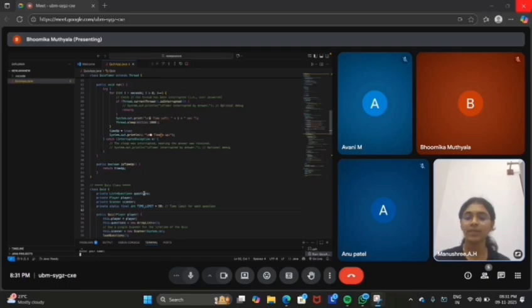Easy quiz creation. Teachers can easily add questions, change them, or delete them. Automatic scoring. After the quiz is submitted, the marks should be shown automatically. Simple user interface. The app should be easy to use for both students and teachers. Smooth performance. The quiz should work without lag even when many students use it. And next will be